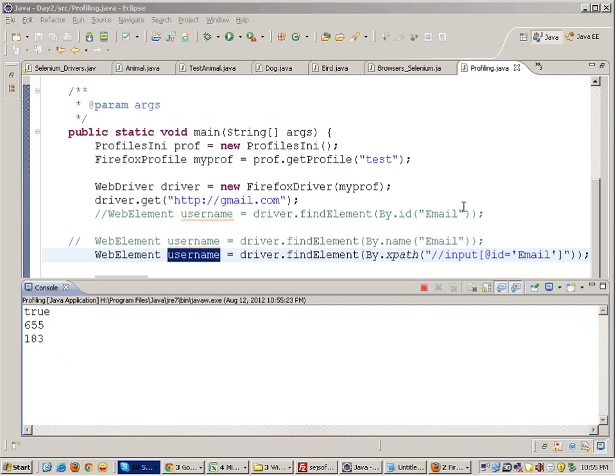When should we use XPath? It's up to you. If the developer has not given any ID and so on, generally I prefer using XPaths because they are very dynamic. You can make the XPaths on any criteria. Many people think XPaths are evil. It's not like that. There are n number of ways to make an XPath. I'll teach that. There's no hard and fast rule written anywhere that in this situation use XPaths, in that situation use something else. It's completely up to the application and the test. Okay. Right. So I think we will